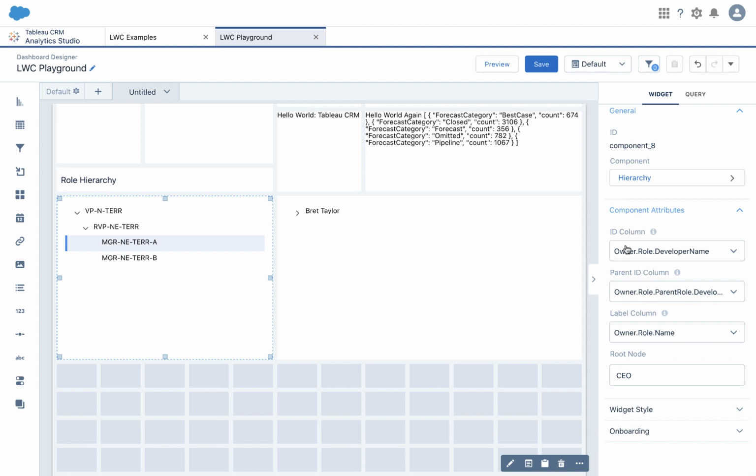You see now, because I have those 4 tags defined, now I've got these 4 pickers. And instead of me having to type in these fields, because this is associated with a step or a query, I can now choose which one of these attributes is the correct one. And I can set up what's the ID column, what's the parent ID column, what's the label column I want to use for the descriptive text here, and then what is the root node. So really flexible in that now I can build this hierarchy once, and whether I want to use it for a role hierarchy or a manager hierarchy,